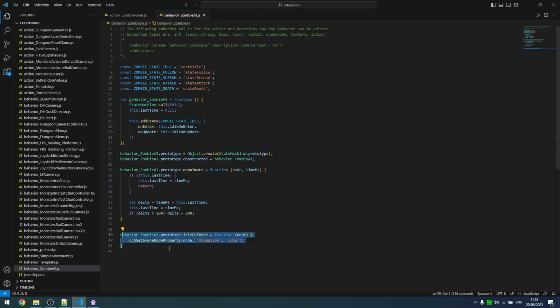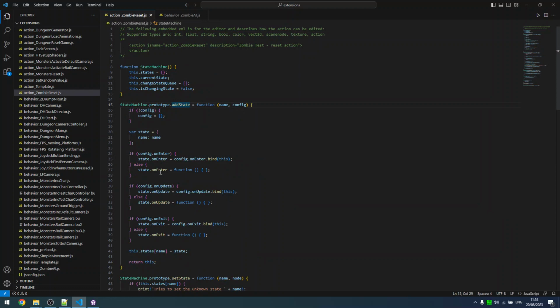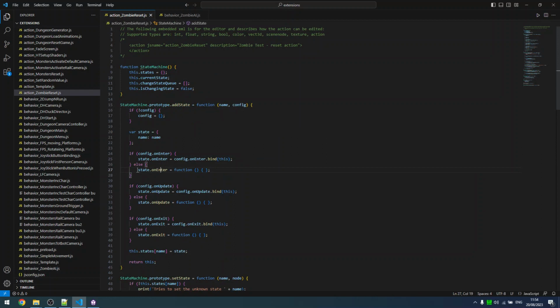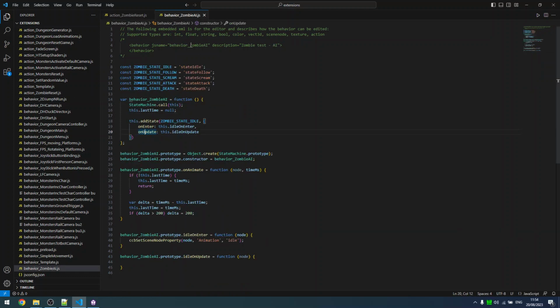And we will need another function for update. This will be idle on update. And currently we won't do anything. We just need to make sure that everything works. And I've taken these names like on enter, on update from here. So as you can see, we have states on enter, state on update, and also we have state on exit, which I believe we won't be using in this video at all. So